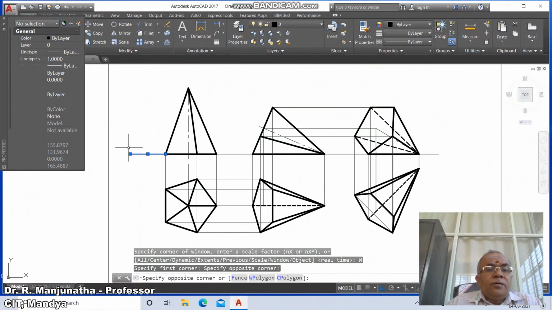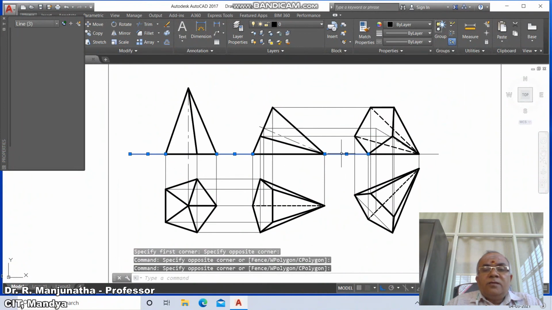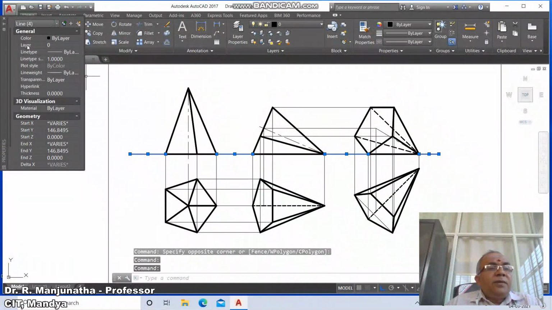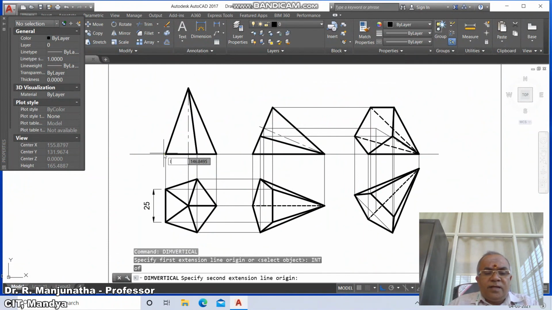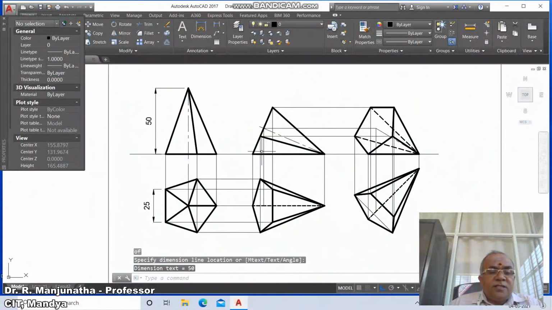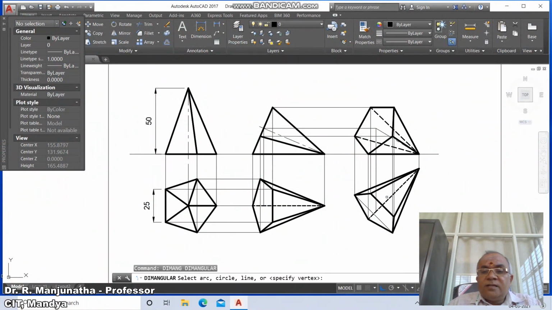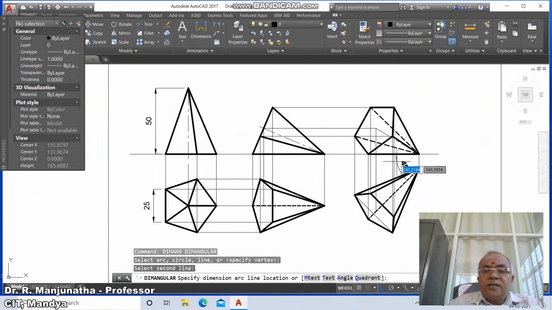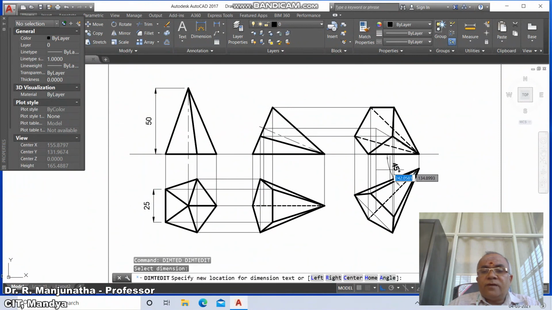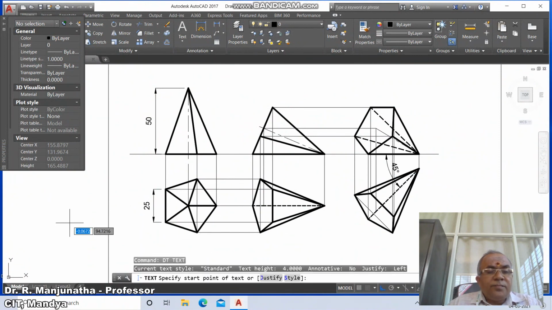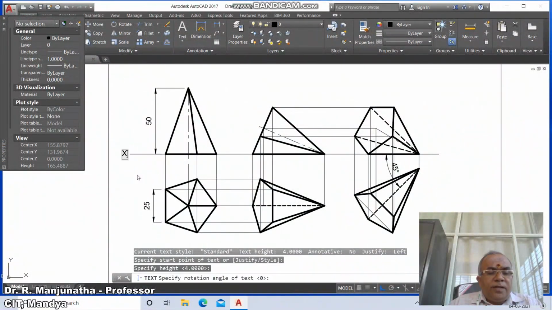Now select this line, this line and this line and make that layer as XY. Once you do that, then go to dim vertical, take this line and take this as the 25 mm and dim vertical, take INT of this and take intersection point of this and take this distance as 50, select this line and you select this line, give it as 45 degree, then dim TED, select this and you take it as 45 degrees,